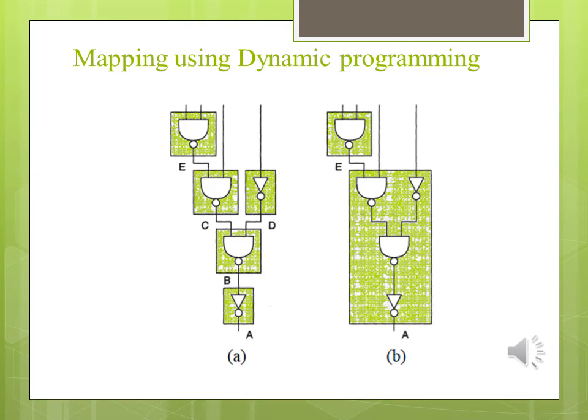In figure B, the only library element matching at node E is the NAND2 and the cost of the optimal circuit implementing node E is therefore 3. The node A, as shown in figure B, can also be implemented using AOI21 from the standard library. Therefore, the cumulative cost of implementing figure B is 7. So, the lowest cost circuit of figure B is retained as the optimal circuit.